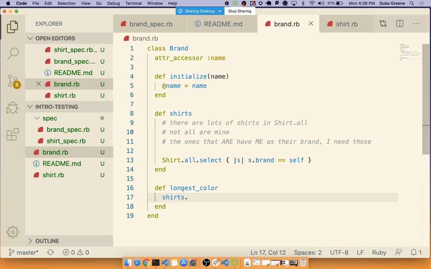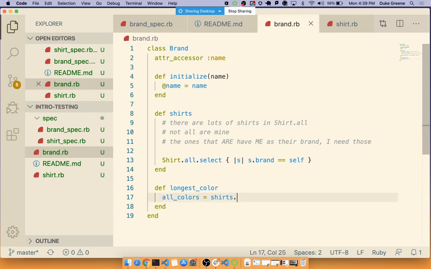How do I turn the shirts just into a list of colors that live on the shirts? Pardon? I heard map, yeah. That's because if select is going to take a true or false thing and return the whole item, map is going to take a block that returns something and returns that return value. So if we can make it return just shirt.color, then we'll just end up with an array with just shirt colors in it. So if I say here all colors